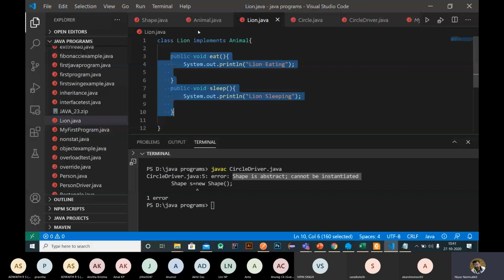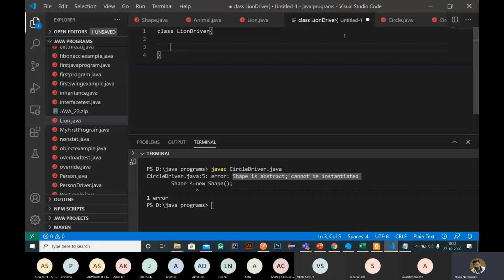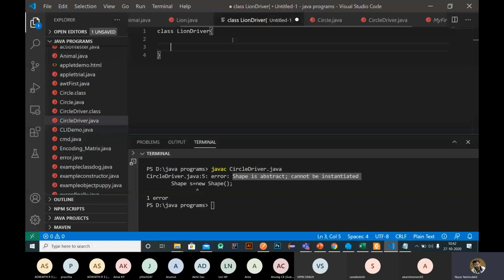Okay, so in order to use this lion.java file, I'm creating another file called lion driver in order to create the main function. So I save it as lion driver.java.